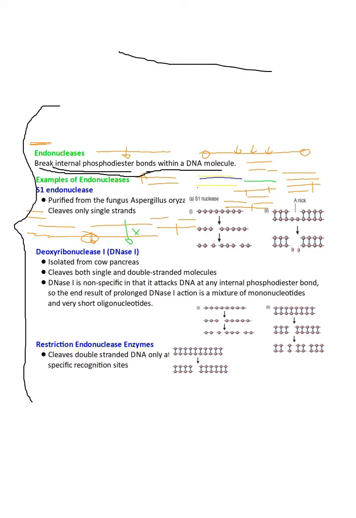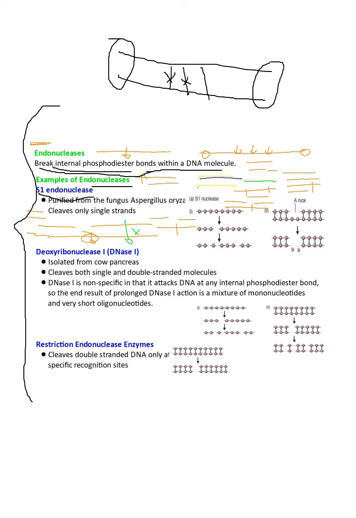Like, this is a DNA strand, so it takes a nucleotide sequence from here, or either from here or from both the sides at once. Whereas in this case, it will break these internal phosphodiester bonds. This is the job of endonucleases. Talking about some examples of endonucleases, the first one is S1